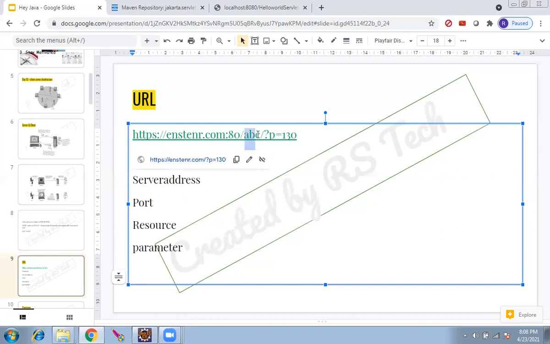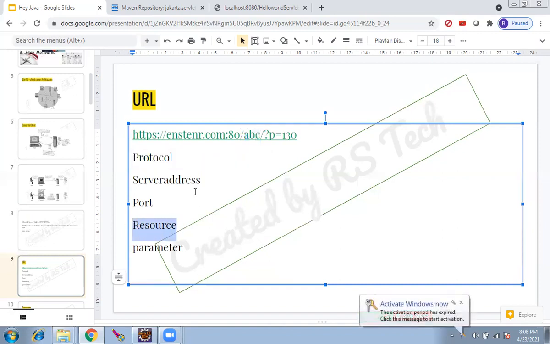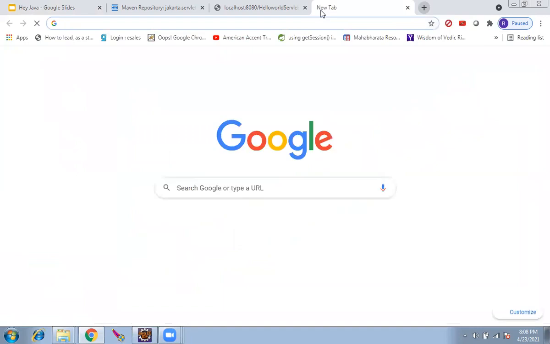Now this ABC is called the resource. Resource means the folder where the content is available, whatever I'm requesting. And after the question mark, whatever I see here, that is the parameter. This is a basic URL. Now let me go to youtube.com